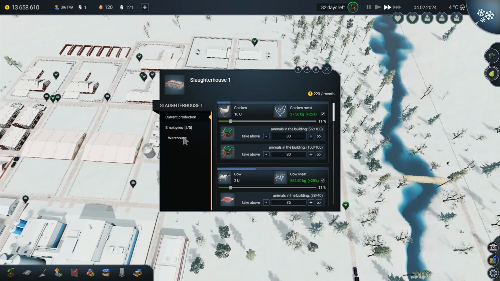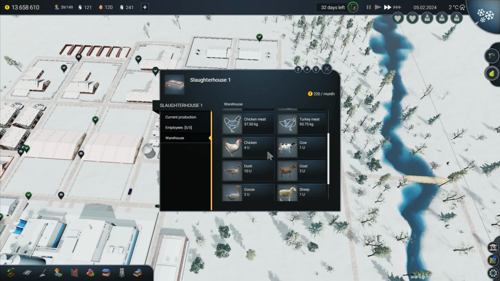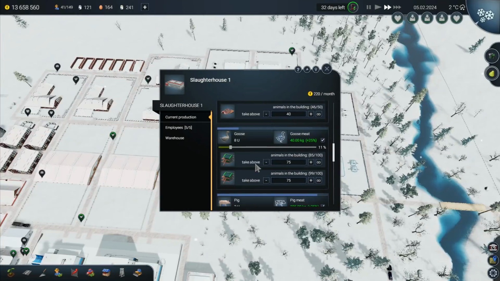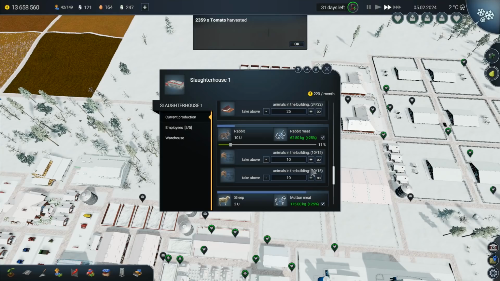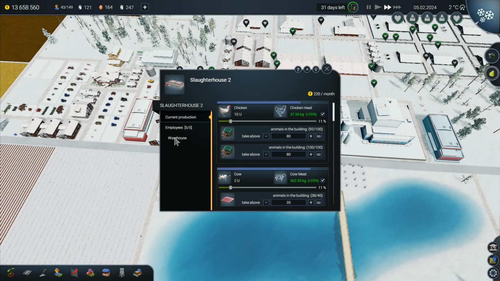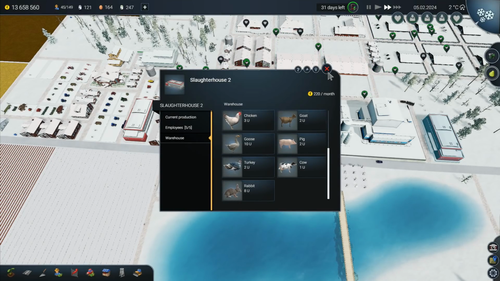Why have you not taken rabbits? Have you got rabbits here? We've got the birds, and we've got goat and cow meat in there as well, and birds are all in there as well. Are you not processing rabbits? You should be. Goats, geese, pigs, rabbits, take above 10. Oh, animals in building, 10 of 15. Right, well, they are now apparently taking it. But where have the rabbits gone? Have the rabbits gone into here? Ah, there's 8 units of rabbits going into...